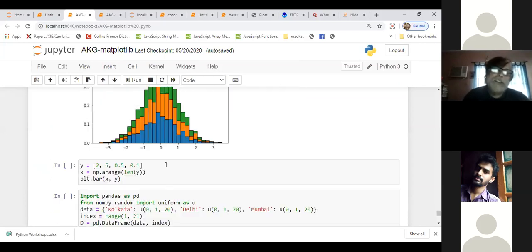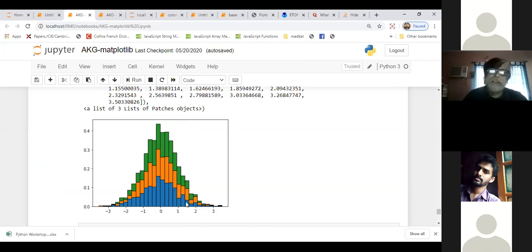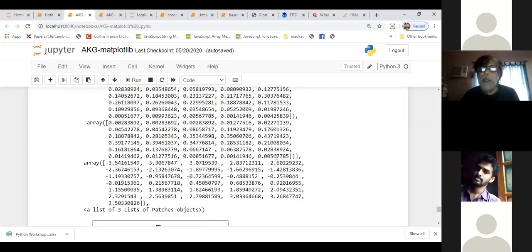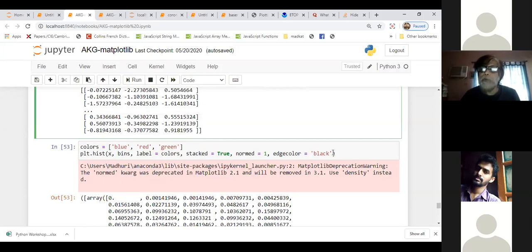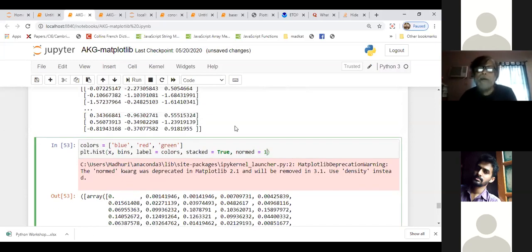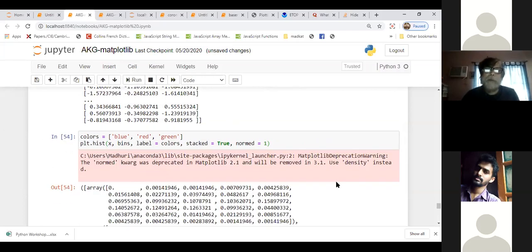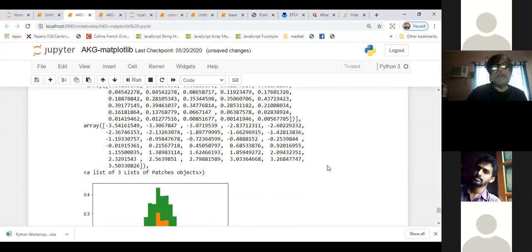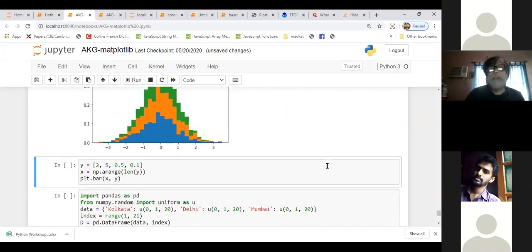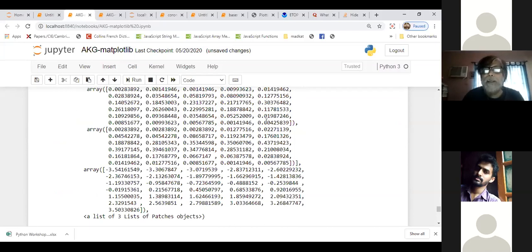Anyway, so see the graphs are stacked. This is one graph, this is one graph, this is another graph. And you see the outlines, these outlines. The steps, and the vertical lines and the horizontal lines, right? These are the outlines, and the outlines are black. If you do not show these outlines black, suppose you forget this, it may not be that nice, right? So it is up to you how you design it.